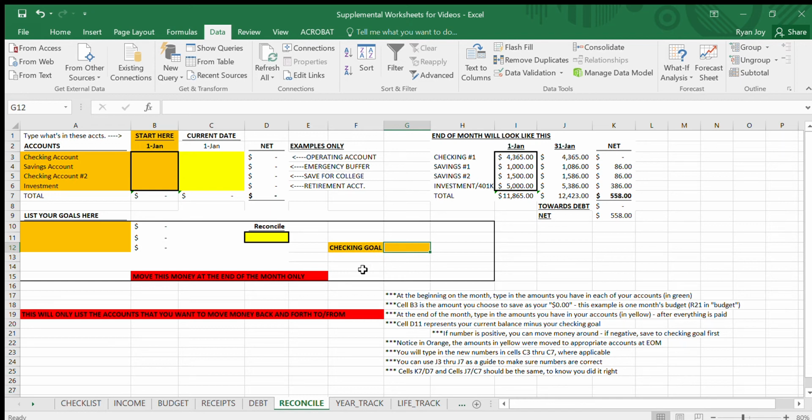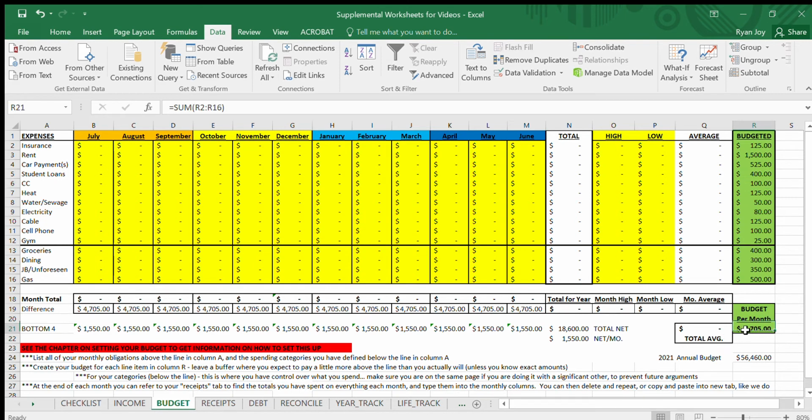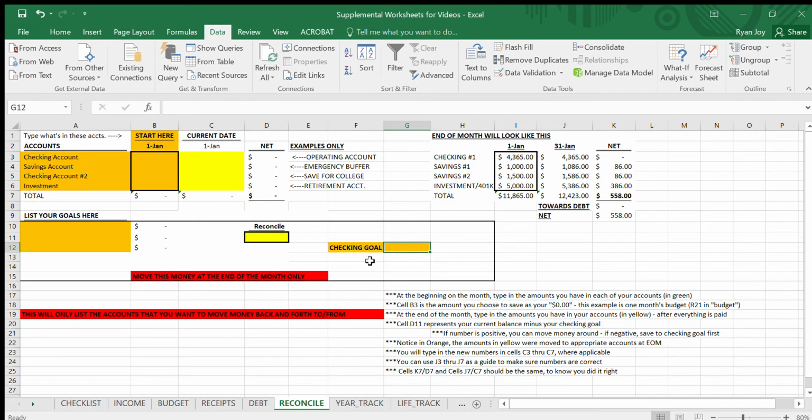So for the sake of this, I would say you could go to your budget page. You'll see that John and Sarah's budget is $4,705. So to me, that would be a good place to start, is that we want our checking account to get up to $4,705, and that is the goal because that will become our new zero before we start crushing all of our debt. And then the final two pieces are you are going to type in what you have in your bank